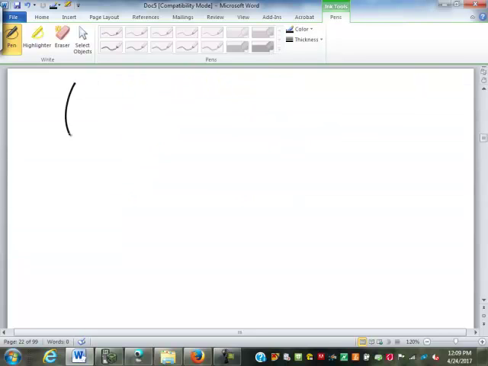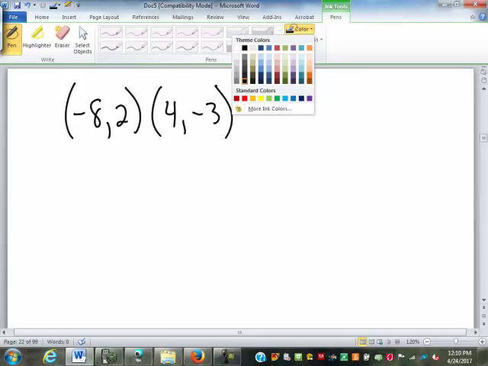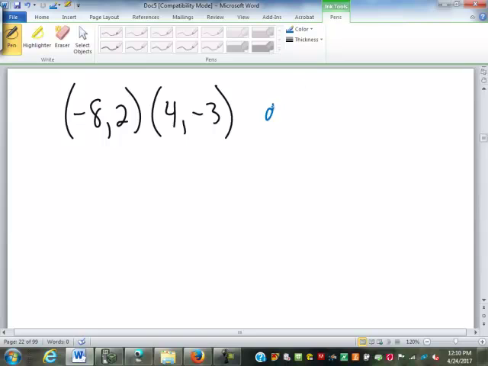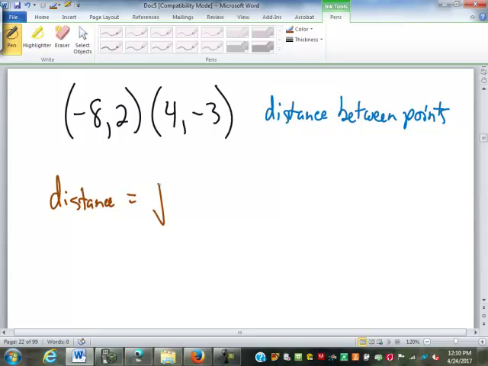So let's pick 2 points here. Let's say I want to go from negative 8, 2 to 4, negative 3. I want to find the distance between those 2 points. So I'm going to use that formula. The distance equals,